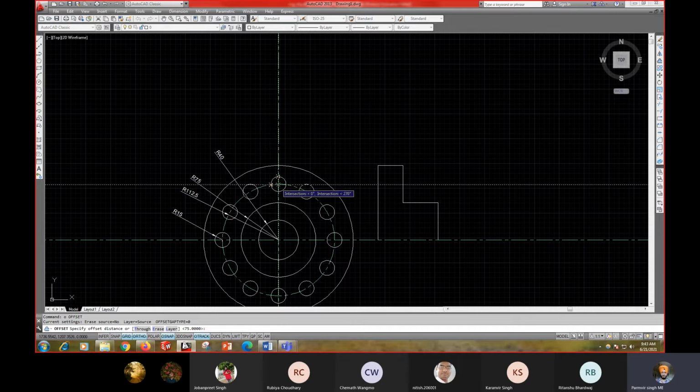from this center point. You can find out the center point from here. So the center point of this circle is... the radius of this circle is 112.5. So I have to find out the distance.